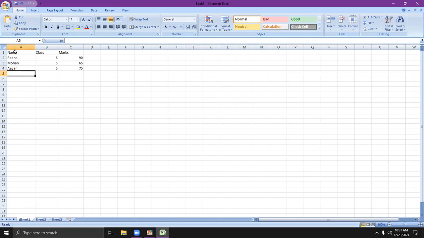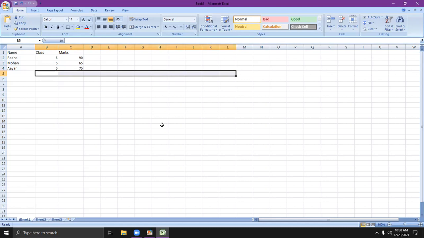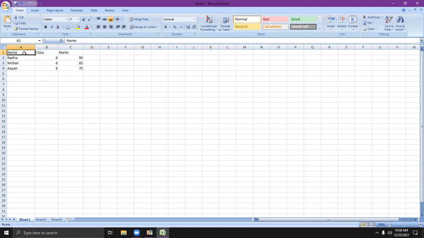So now we will first understand how we can change the font style. First, how to select the entire column or whatever. Supposing we are going to select the cells with the help of the mouse. So here I am just clicking and then dragging it up. Select and drag. So this was with the help of the mouse. Now supposing I want to select these cells with the help of the keyboard. So I will press the shift key, then the arrow key. This is how you can select.